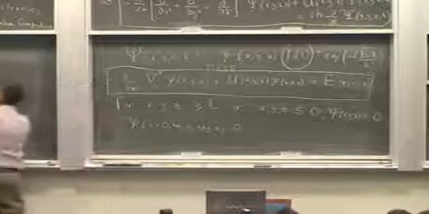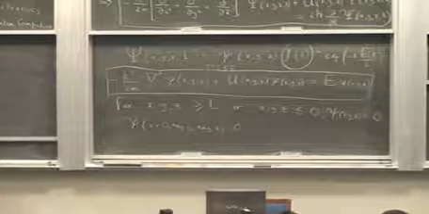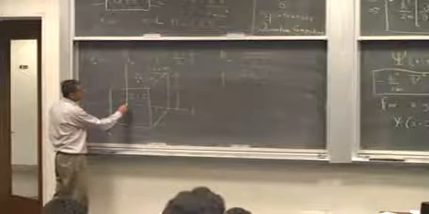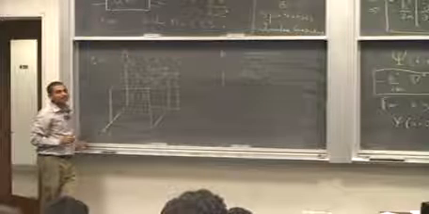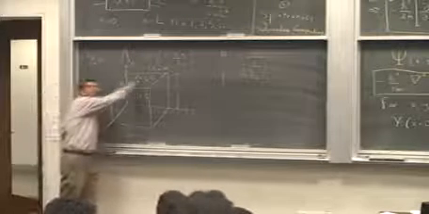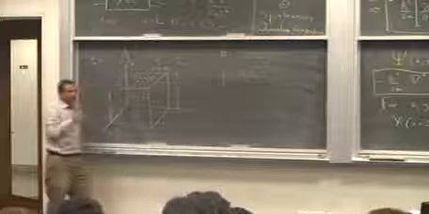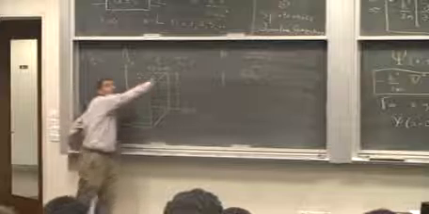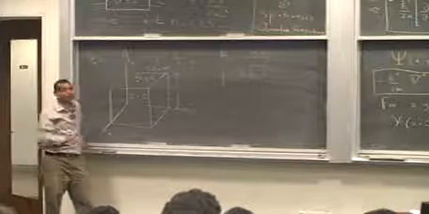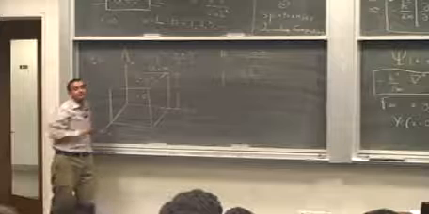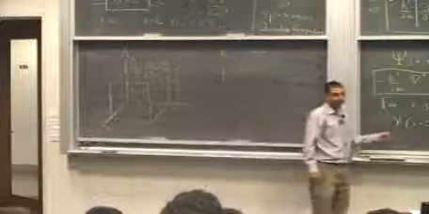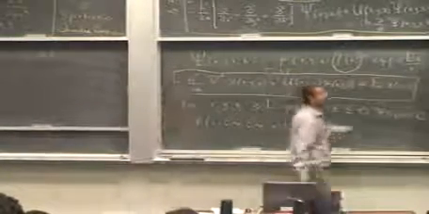ठीक है. यानी इस पैरेलल पेपर की कितनी वॉल्स हैं? 6. On the 6 walls of this well, the wave function has to go to 0, because the wave function is 0 outside the well, and the wave function has to be continuous, so it has to be 0 on all 6 of the walls. ठीक है. So these are our boundary conditions. I've written only one of them. So these are our boundary conditions, and inside the well